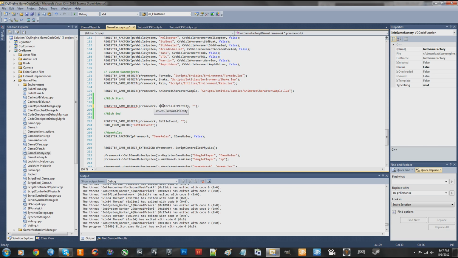Why? Because, like I said, for some reason it automatically prepends a C before the class name when you register a game object. So what it's actually saying, even though it's the name of your class, is CTutorialCPPEntity, because it automatically puts a C. So just boop. There we go. So it's all fine. So: name of the framework that registers the class, the name of your class, and then